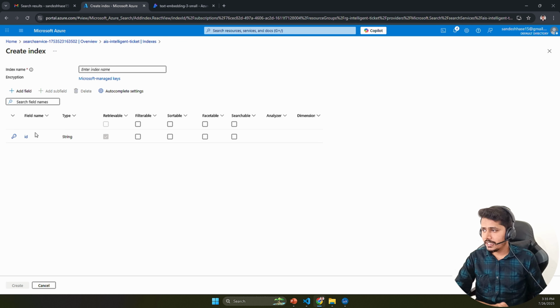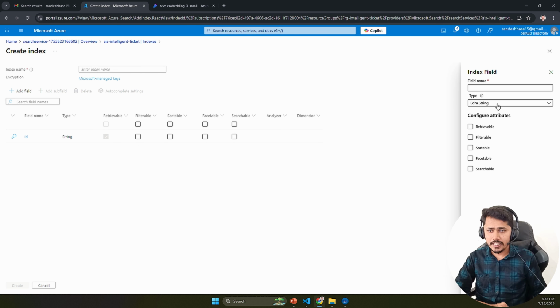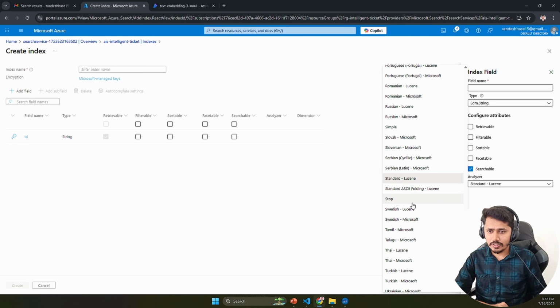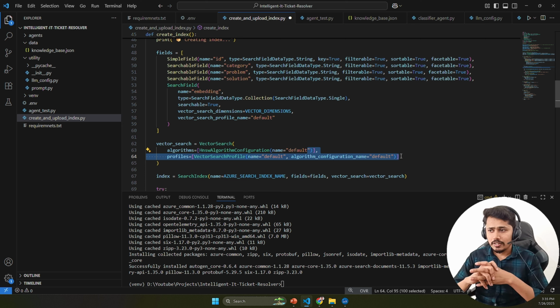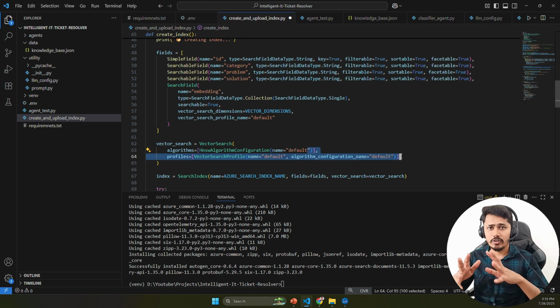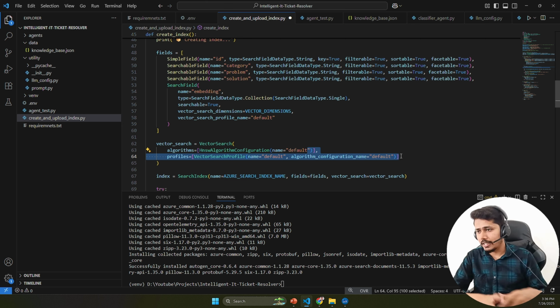If you go to the index and click on create field, here you can see the searchable and you can see analyzer. These are the algorithms. As I mentioned earlier, they make sure that whatever queries and information you are passing is converted into lowercase so that there will not be any conflicts while doing the vector similarity match. So everything will be converted into lowercase. It will be tokenized, meaning all your words will be chunked into small tokens, and then converted into vector form. That's the reason the algorithm is required, and that is where we have used the